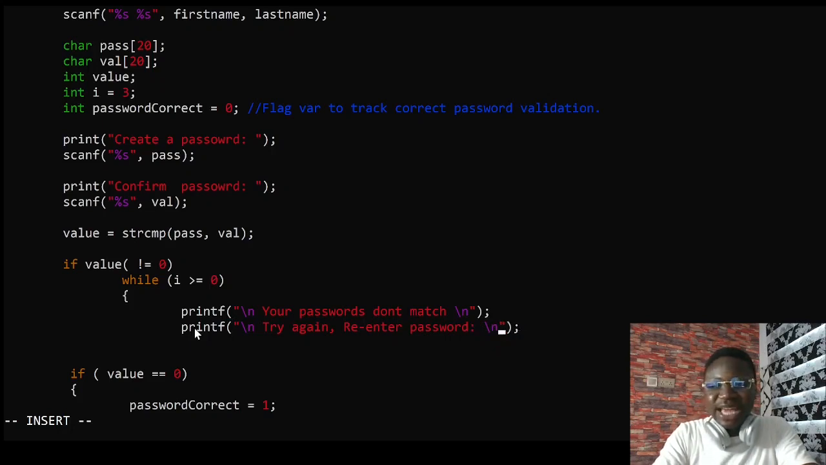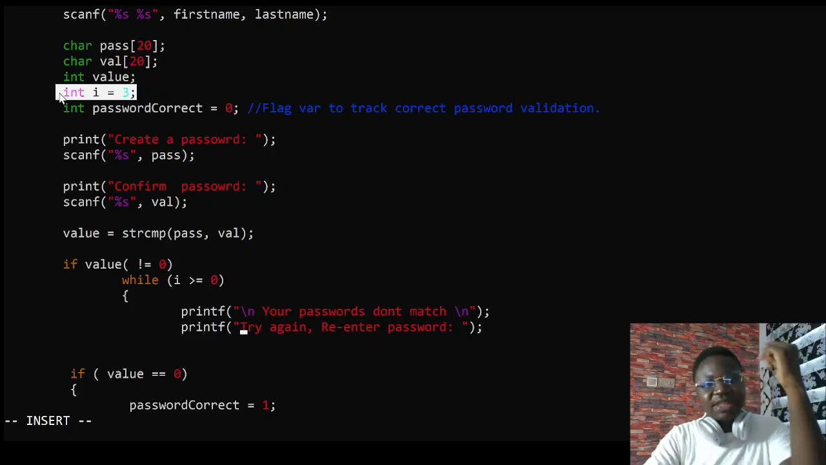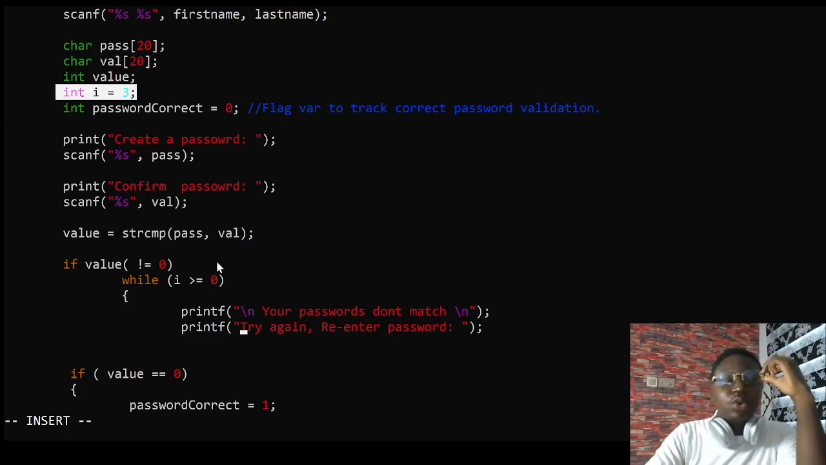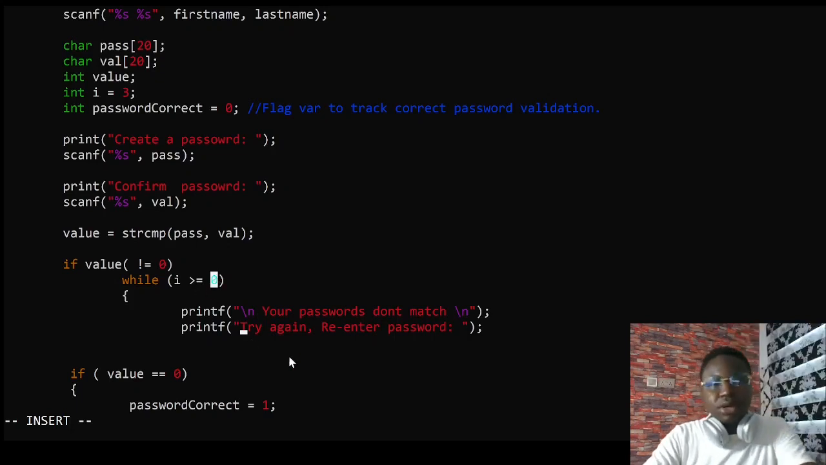Now, if the person still cannot re-enter his password, then we would have a problem. You can see here i is equal to 3. We set i to be 3 because we want to give the user how many times? 3. But we are setting 0 here, so technically it's 4 times. 0 first time, and then 1, 2, 3. Okay. So while,